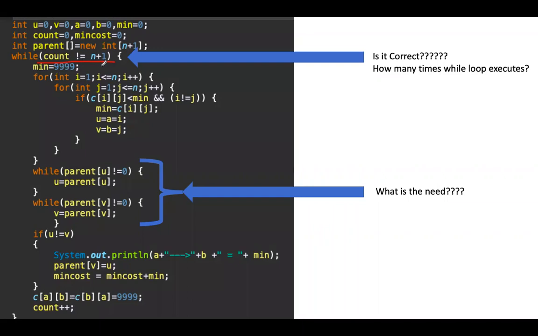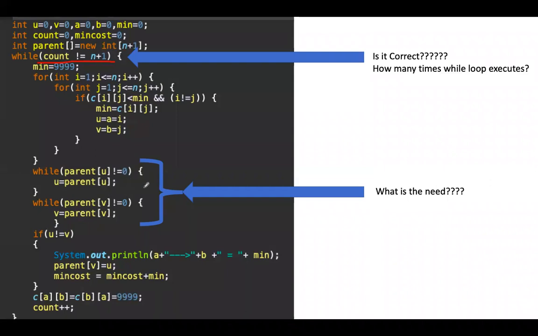If there are 5 vertices, it will execute 6 times. You have to find these answers, and you will not simply get the answer on Google. If you just Google this, you will not get the answer. You have to find it on your own, identify the reason properly, and write it down.